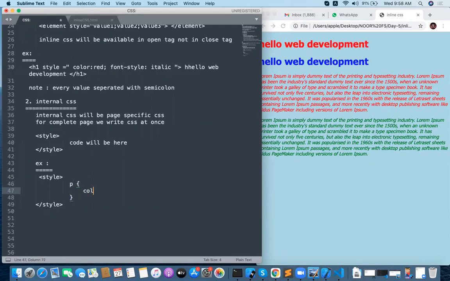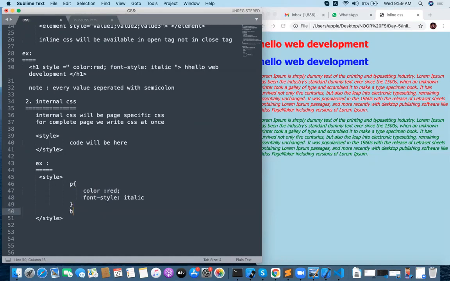For all the paragraphs, I want to apply the color red. Whatever code you write, that particular code will be applicable for all the paragraphs at the same time. So this is the common CSS you can write. This is the element we are specifying, the element I want to apply the CSS to, and for that element we write some properties and values.